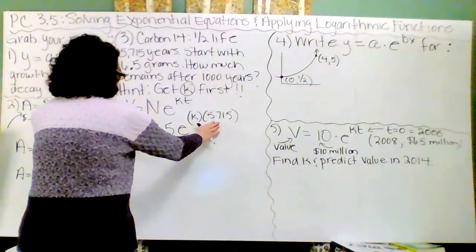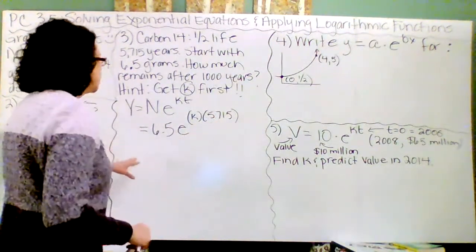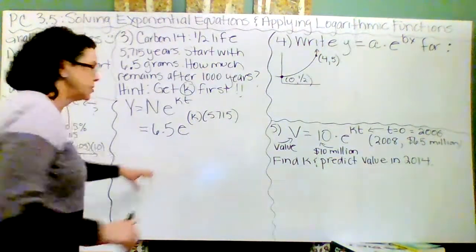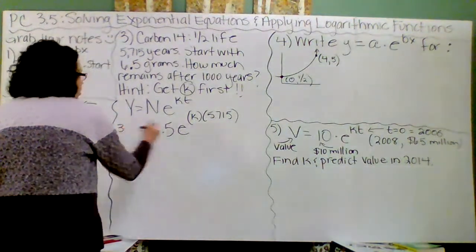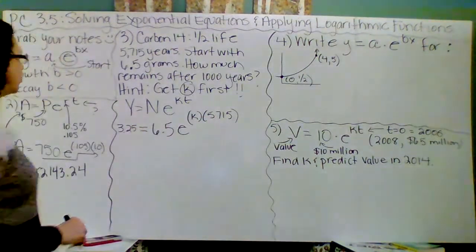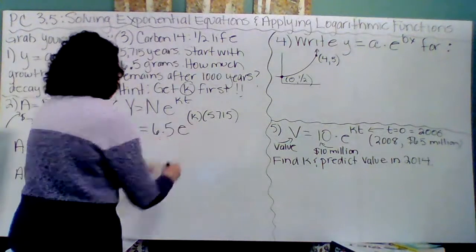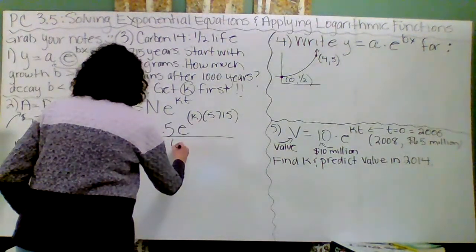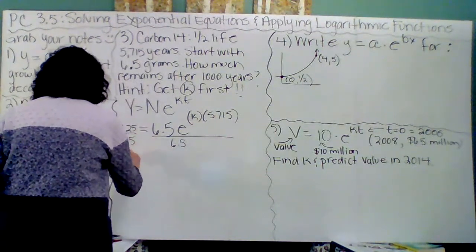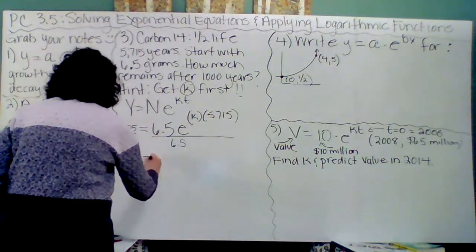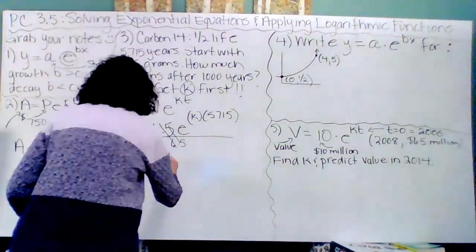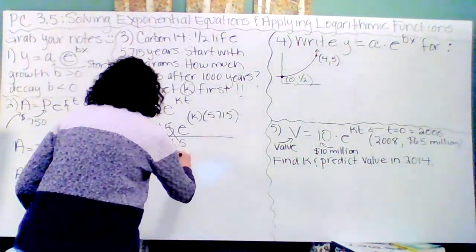This time, 5,715 years, will result in half of the 6.5 grams being left. So the amount that goes with these years is 3.25. Right now, I have to isolate the base to solve for K. So I'm going to divide both sides by 6.5. Now, of course, I'm going to have a 0.5 on the left, right? Because it's half of it, right? And e to the K,